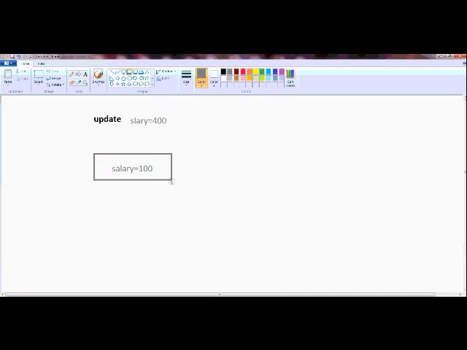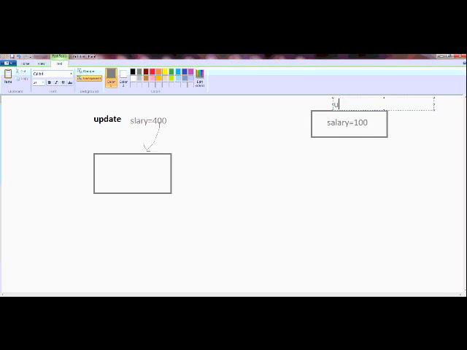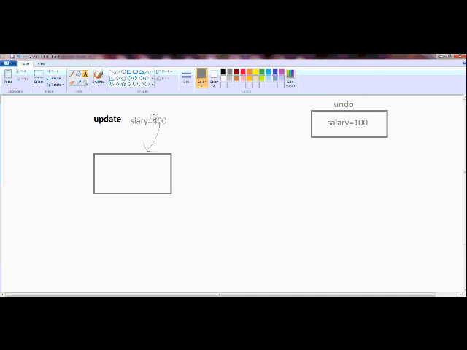So this salary will be updated with 400. But the moment this new value goes here, the old value, salary equal to 100, will be picked from here and kept in the undo tablespace. That's what is called undo. And the new value will populate here.